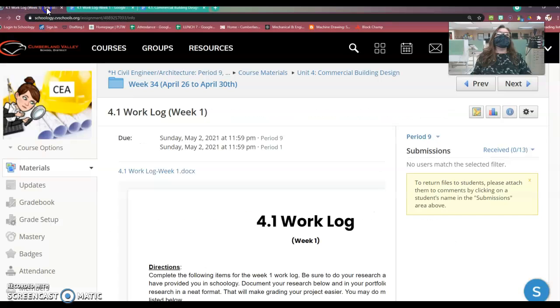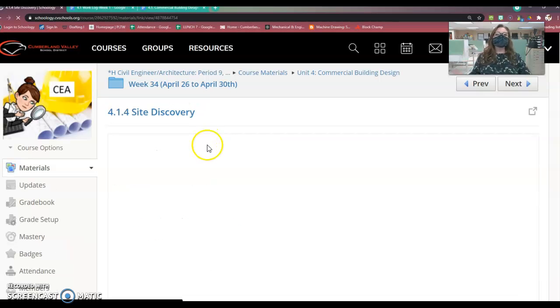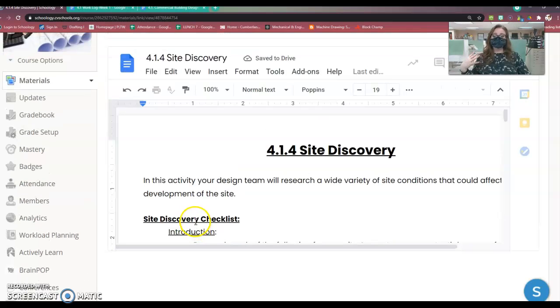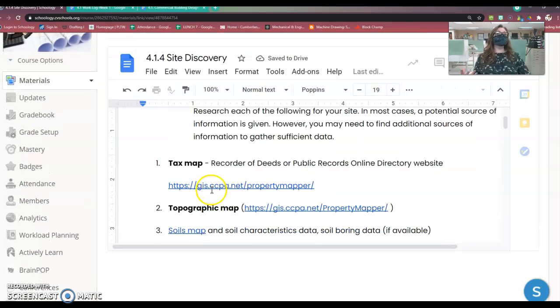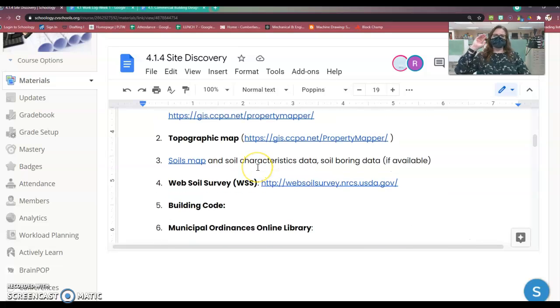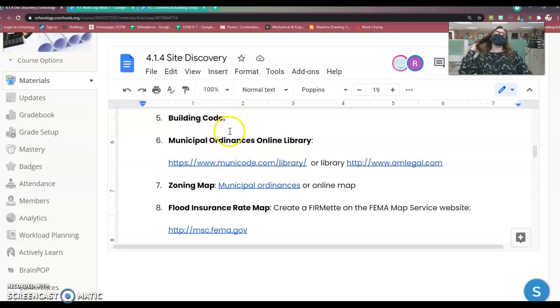All right. In our week 34 folder, I give you a lot of stuff. I give you site discovery questions. All of this stuff can be used for gathering information on site discovery. So I've got a tax map, a topographic map, web soil survey, I don't have building codes in there right now, municipality ordinance, online library. I want you to gather information on this